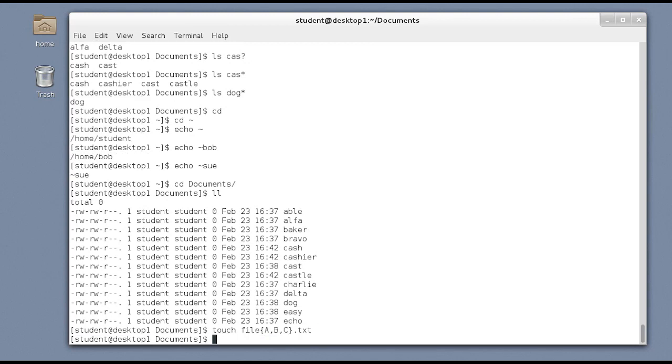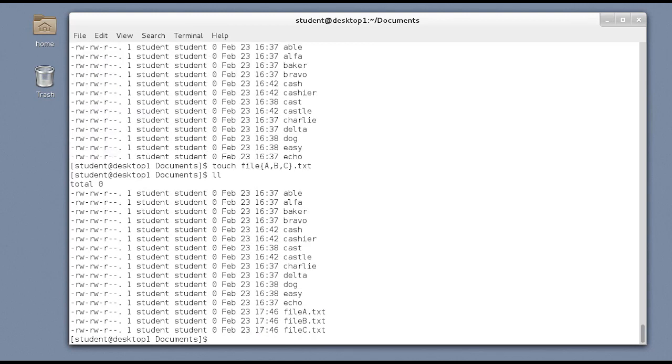Let's see what that created. Notice 3 files, file A, B, and C. Now it can be a comma separated list of just about anything. But you can also use range syntax when you're talking about single characters or numerics, for example.